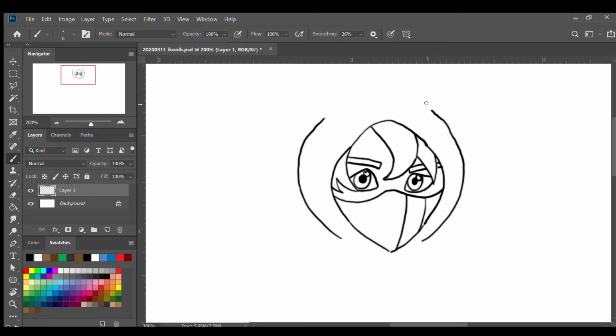And I'm gonna join those two lines with a curved line again. We're gonna create some sort of bulgy looking shape on the top of the head, like that. Okay,